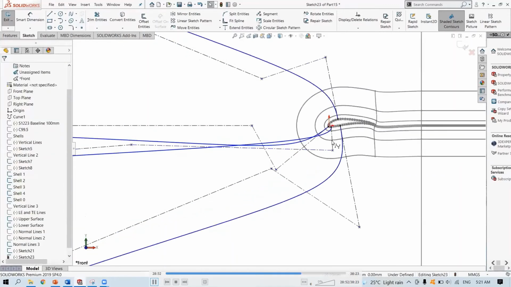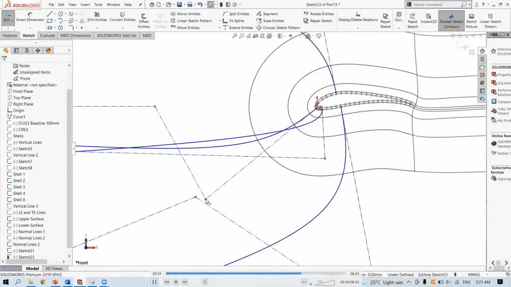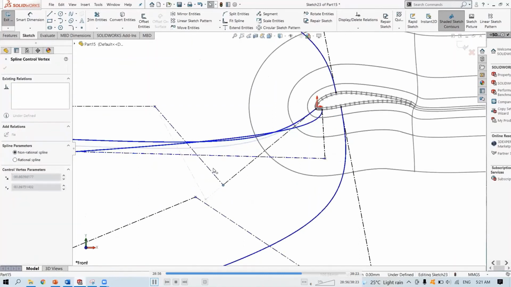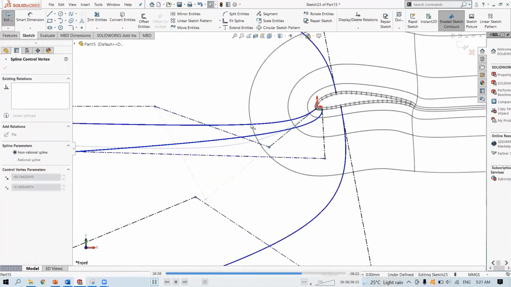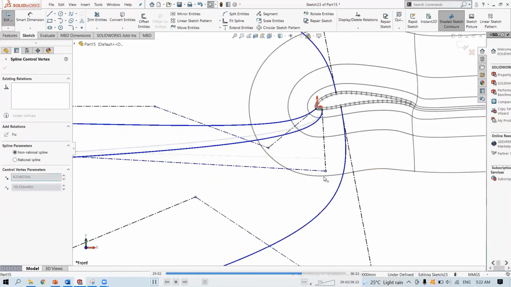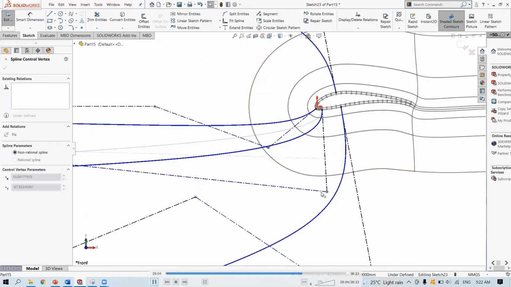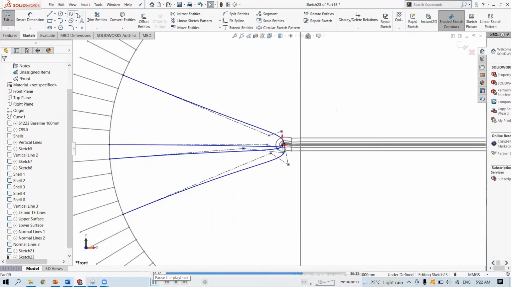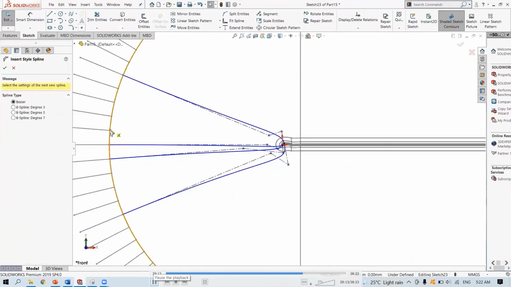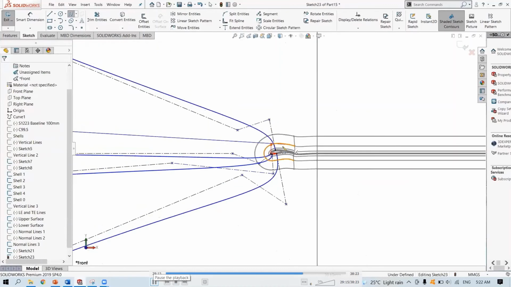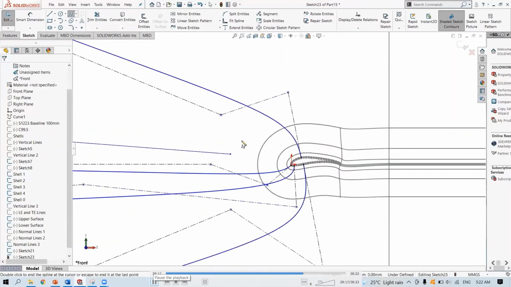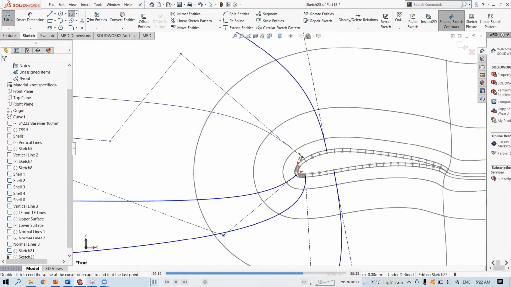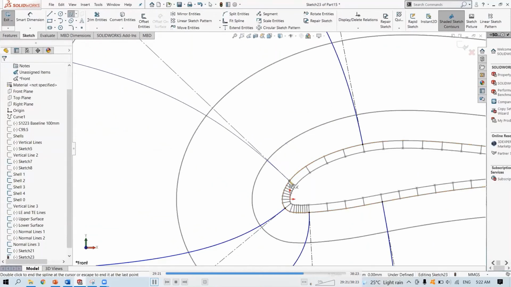Then you can adjust. Another one for the top part.